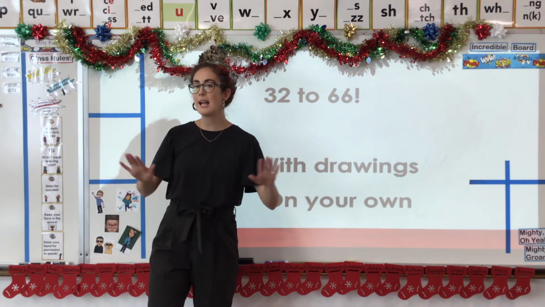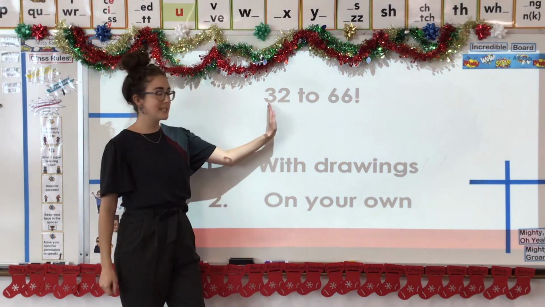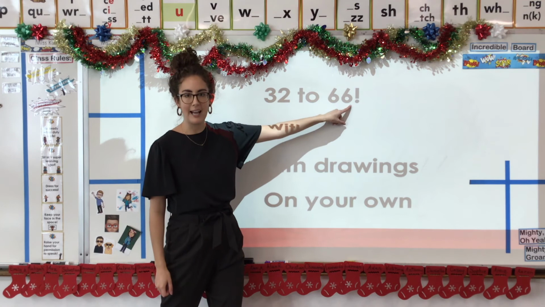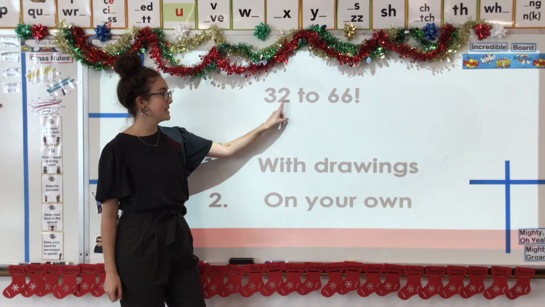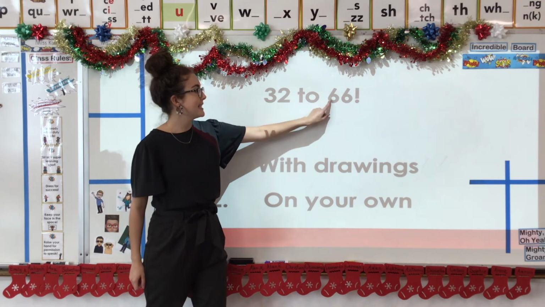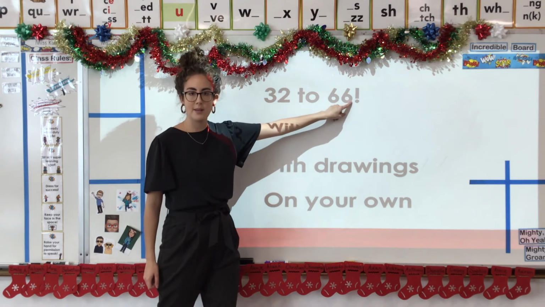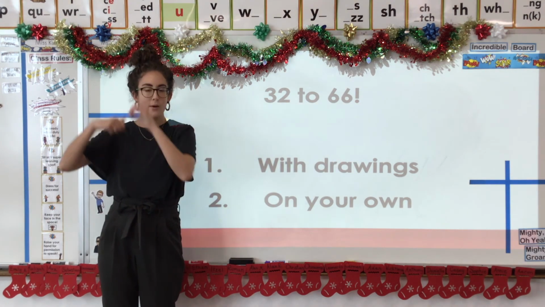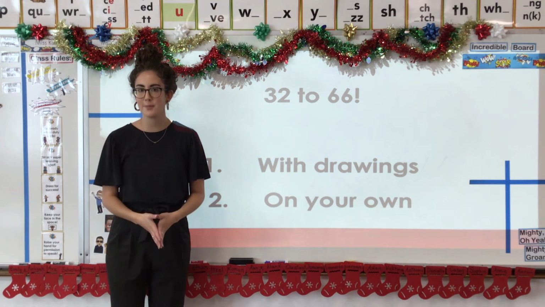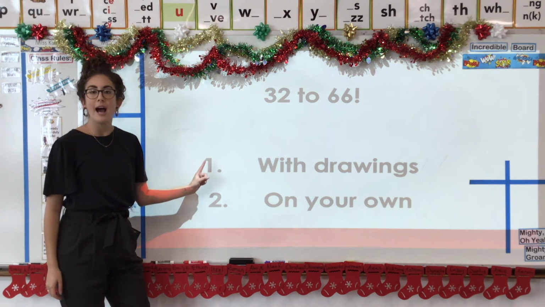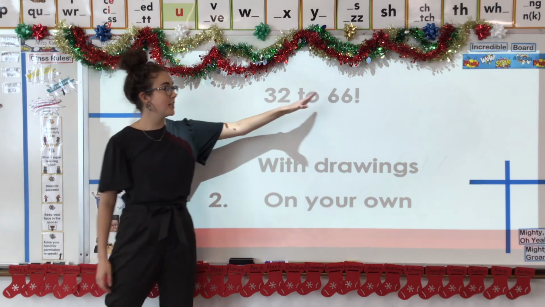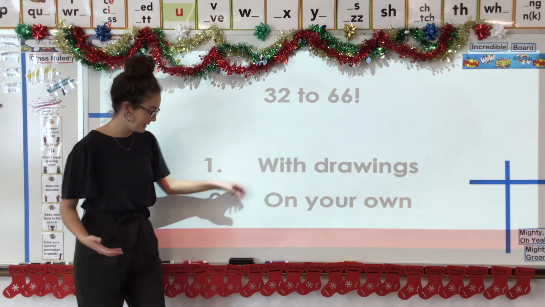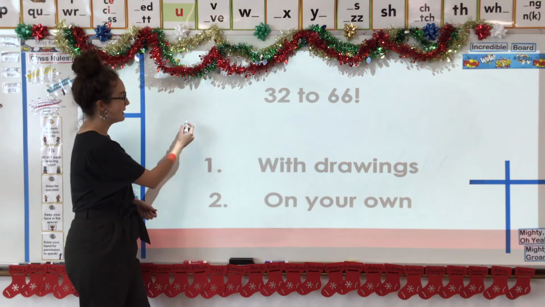Okay, this is your independent task. You're going to skip count from 32 to 99. So you're going to go from 3 tens and 2 ones to 6 tens and 6 ones. And you are going to skip count this on a video showing it 2 different ways. So first off, I want you to skip count from 32 to 66 with drawings, just like we practiced, where we start at 32,